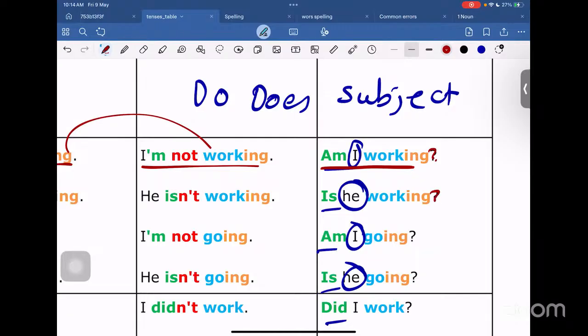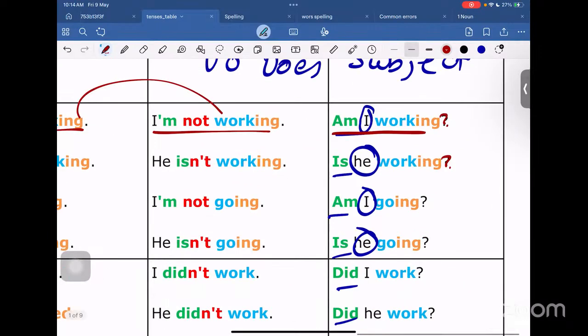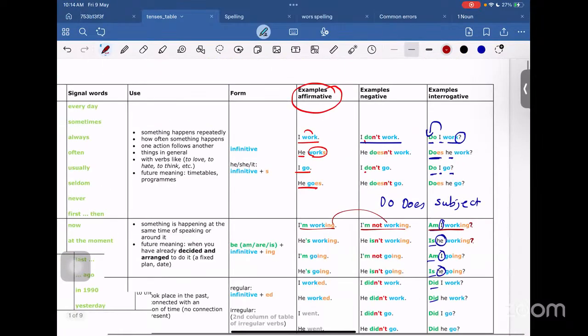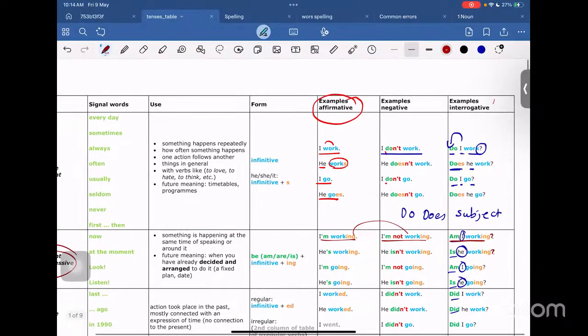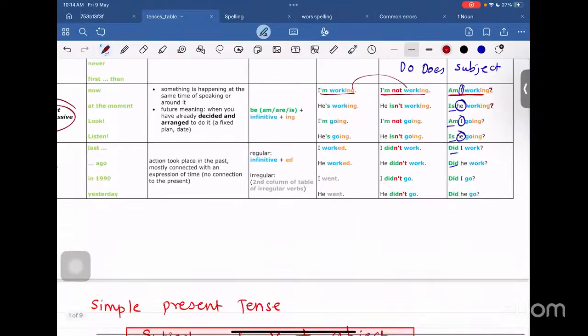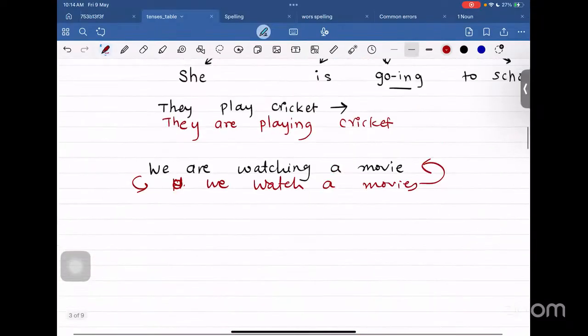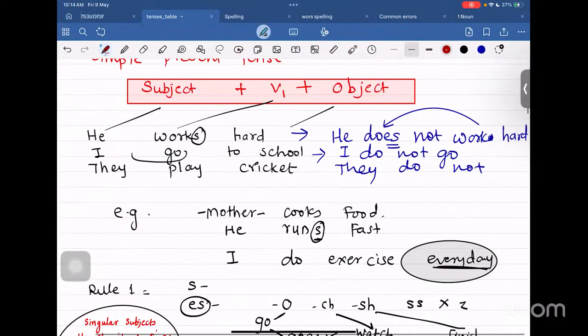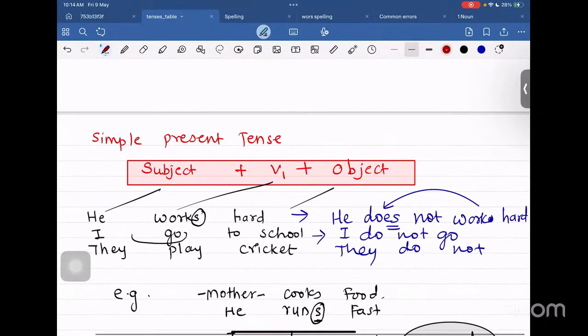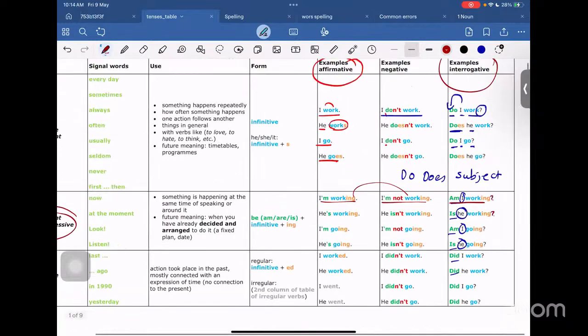ये जब बनाना सीख जाते हैं तब ये बोल सकते हैं कि हमारे इंग्लिश की लेवल बढ़ रही है। मेन आके फंस जाता है आदमी, यहाँ जाते गलती कर देते हैं, हम लोग करते हैं। तो इसका नेगेटिव बनेगा, am I not working, समझ में? इस स्टेप में आपको नॉट ऐड करना है, जैसे यहाँ पे आपने किया, इज ही नॉट गोइंग, आई एम नॉट गोइंग, इज ही नॉट वर्किंग, आई एम नॉट वर्किंग।